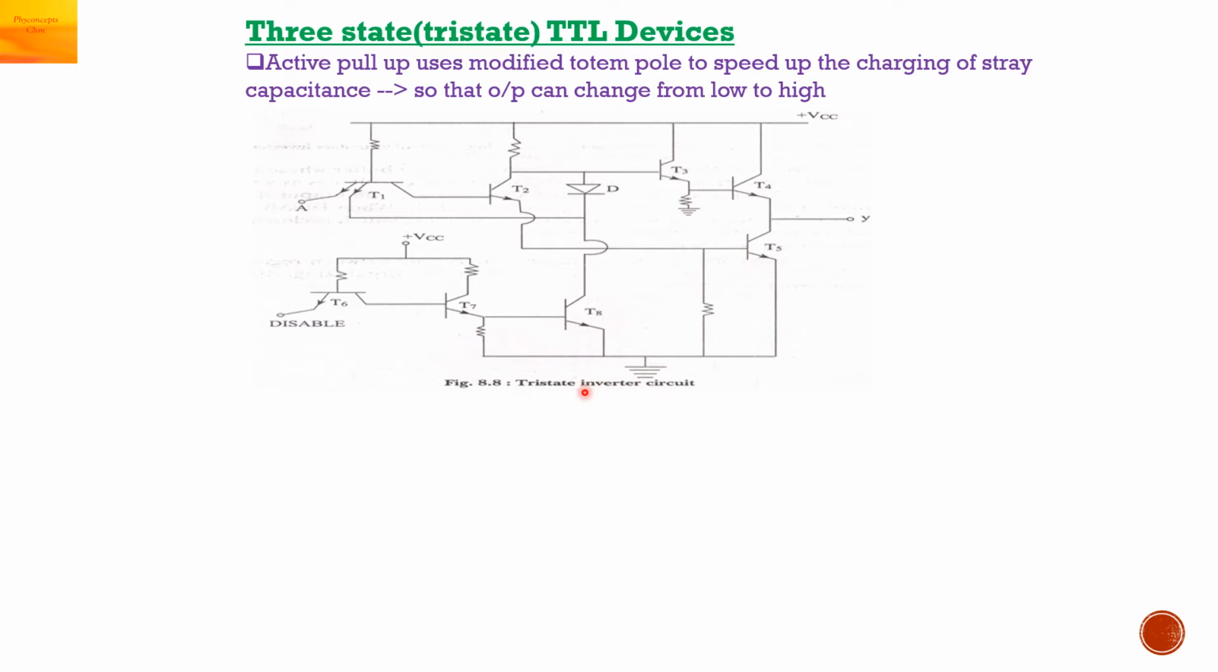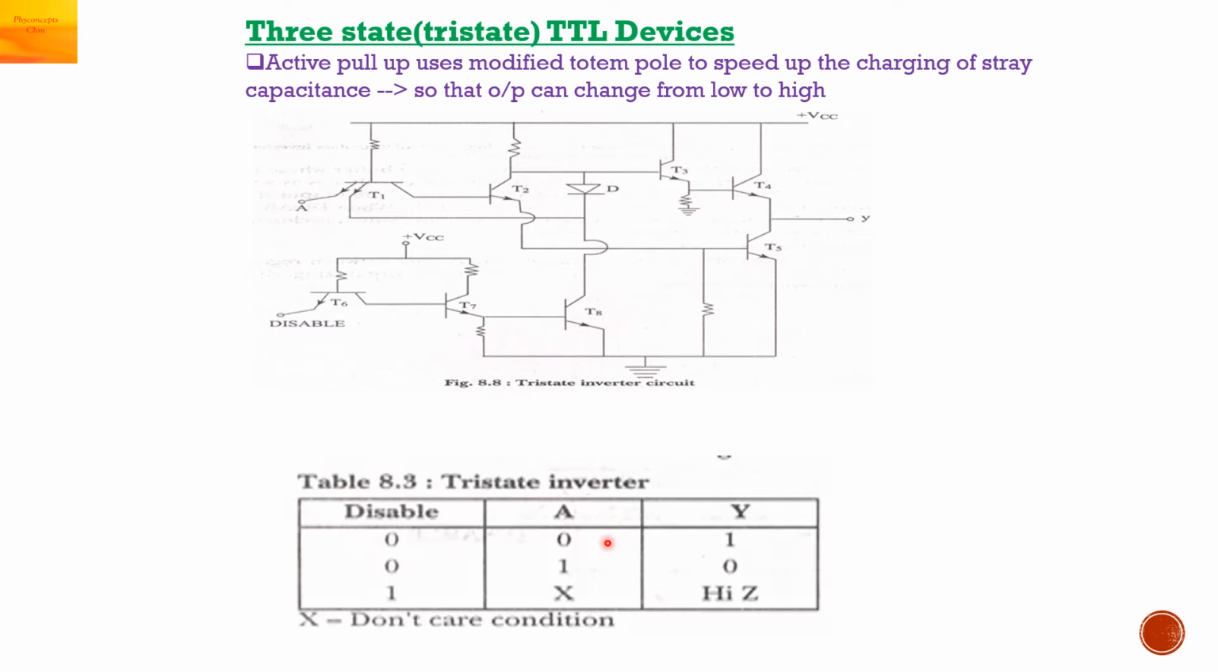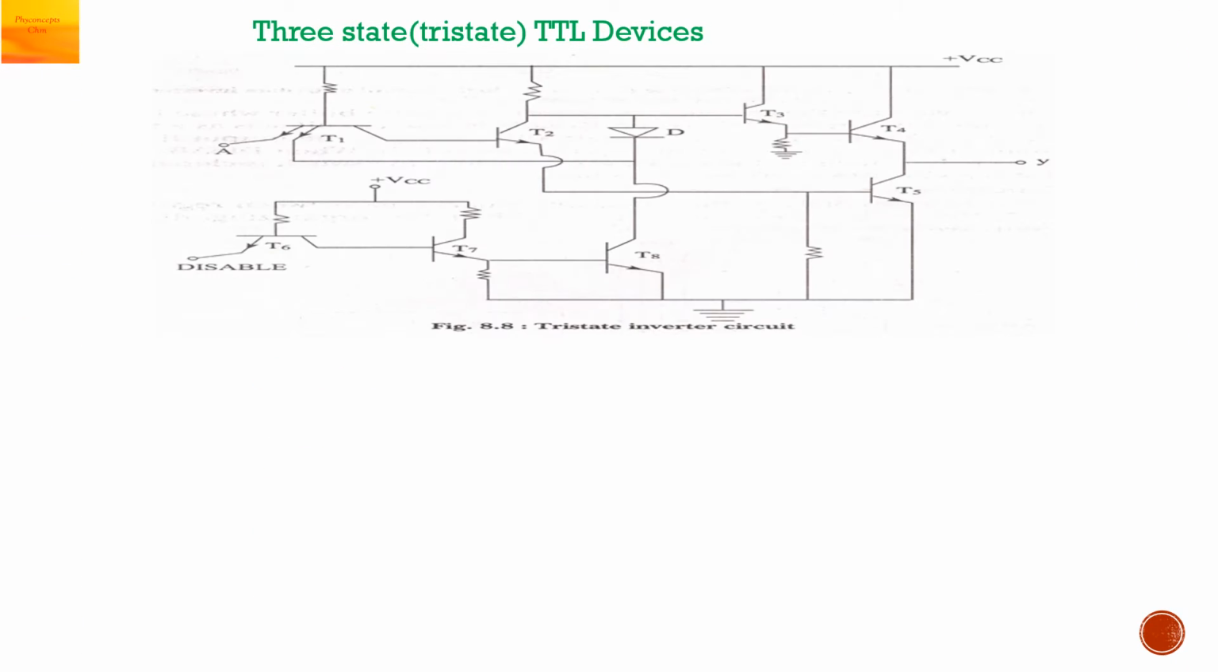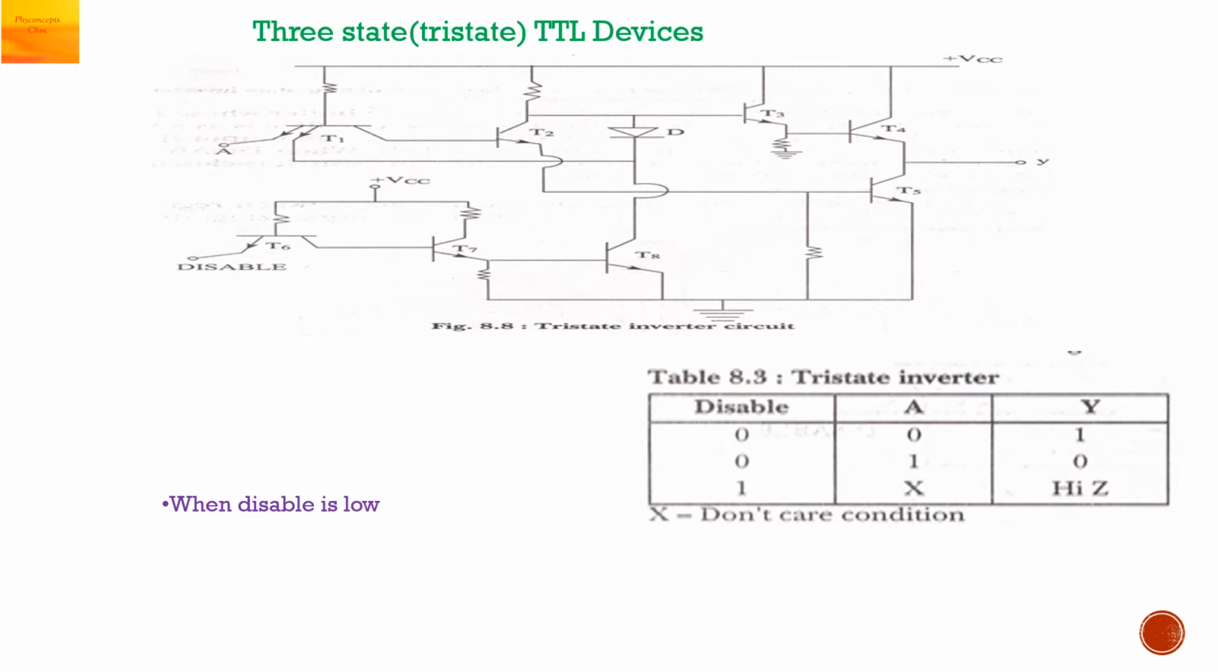This is the circuit for tri-state inverter. This is the truth table. So here an additional input is given which is called as a disable input. When this disable is low, we are considering the first two conditions. When disable is low,